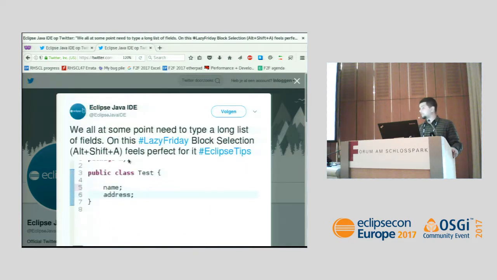And this is another funny one. This is probably one of the most popular tips which have come out, and this is the block selection. It's basically very simple. If you do Alt-Shift-A, you create a line, and then you can edit. I think this is popular in Vim or some similar editors, but this also caused some surprises, and people think, well, is this really possible in an IDE? And this is basically the core